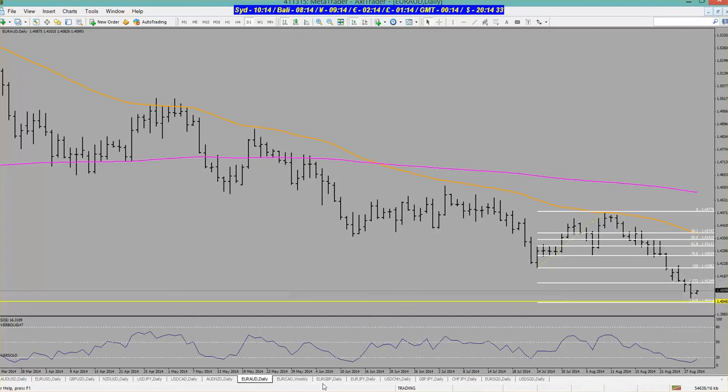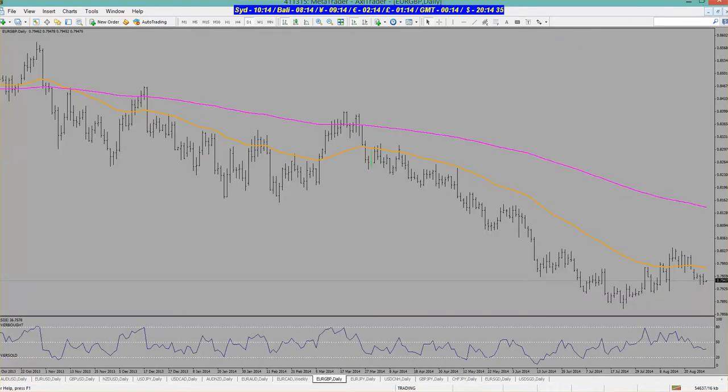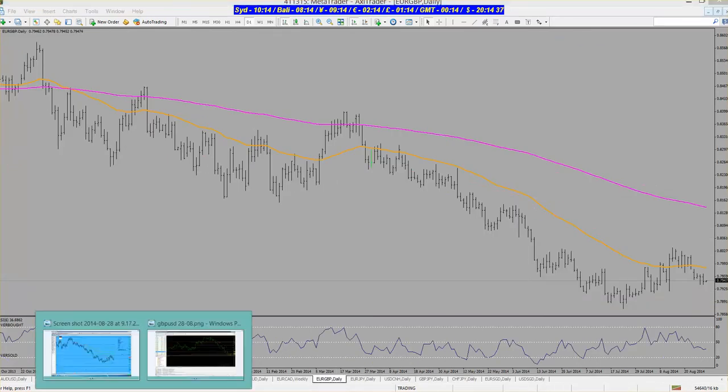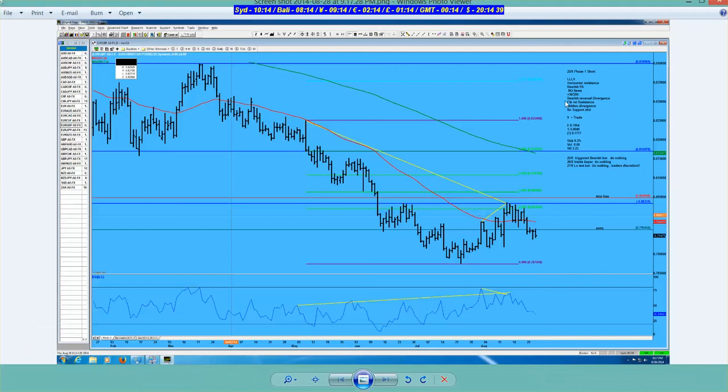So going to the euro pound, let's just check what you got here. Bearish reversal of the urgency, all the right reasons for getting in it. I was a little concerned about this channel, so to speak. Inside buy bar doing nothing, low test bar doing nothing, trader's discretion. Okay, so